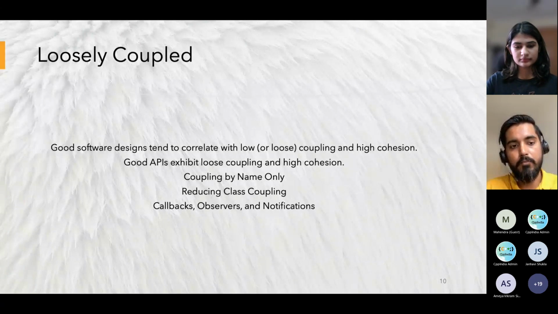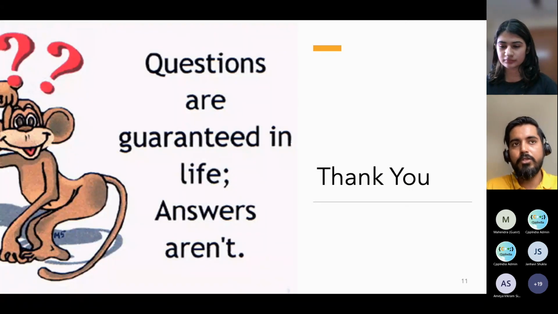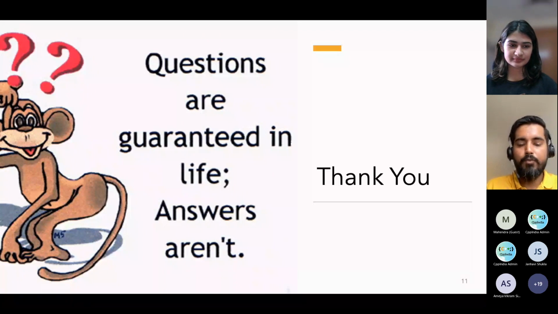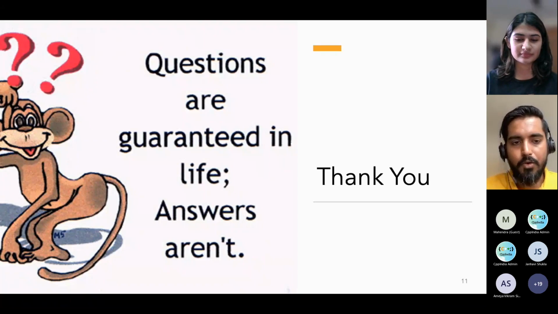With that, whatever thoughts I tried to summarize, I will not give any concluding statement here, because not all of these will be applicable at the same time, and there is no rule of thumb. So you will have to put your mind to work to understand what is applicable where, and how you can write a better API than whatever you are writing till now. So with this, that's all from my side.